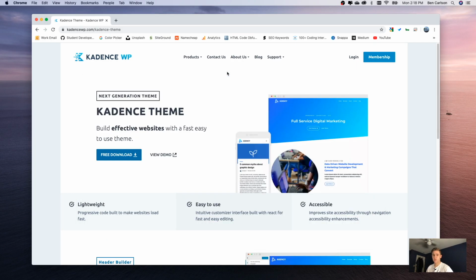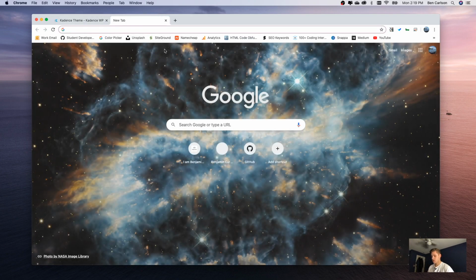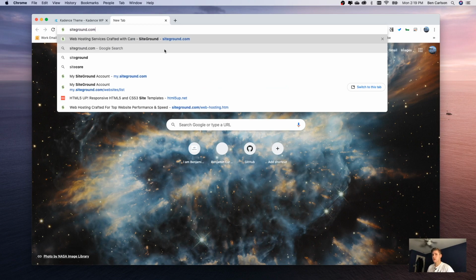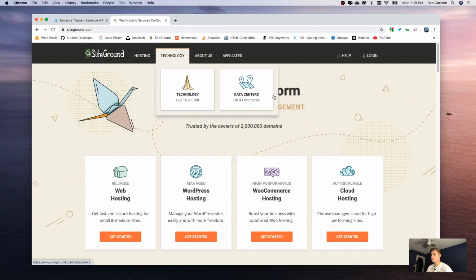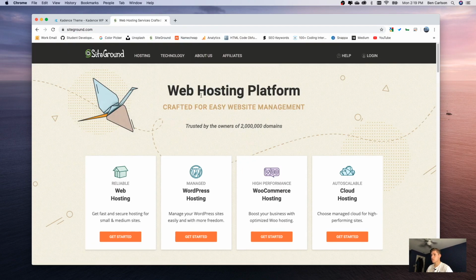So now we are at the point where we need to go into SiteGround and get some hosting. So in a browser, you can simply type siteground.com, and you're going to be brought to this login page. So I already have an account,